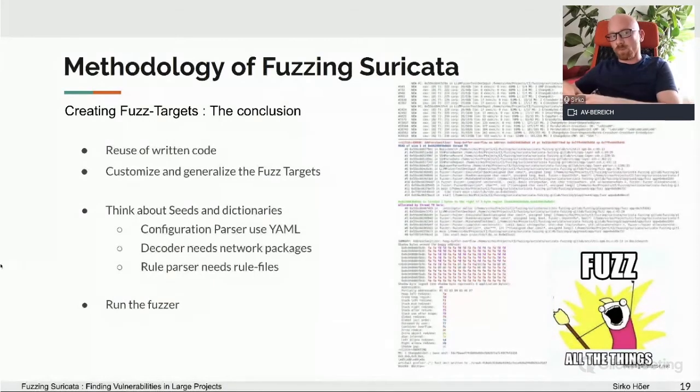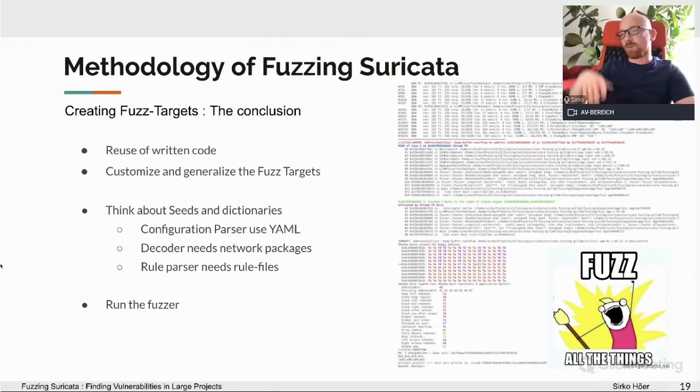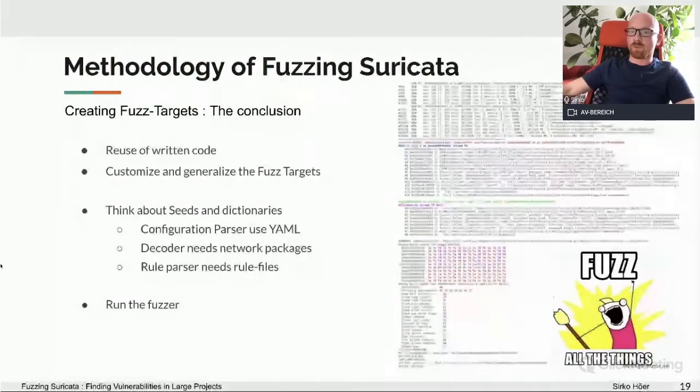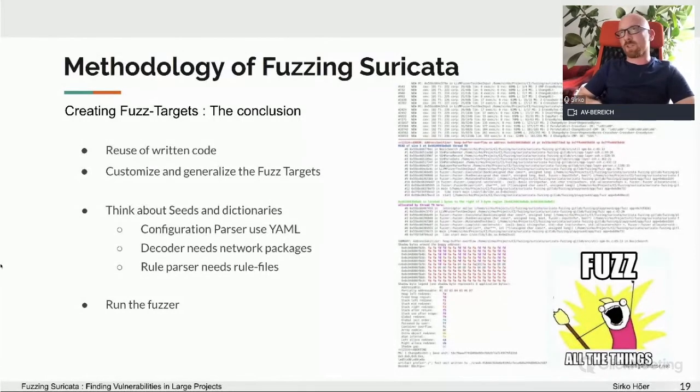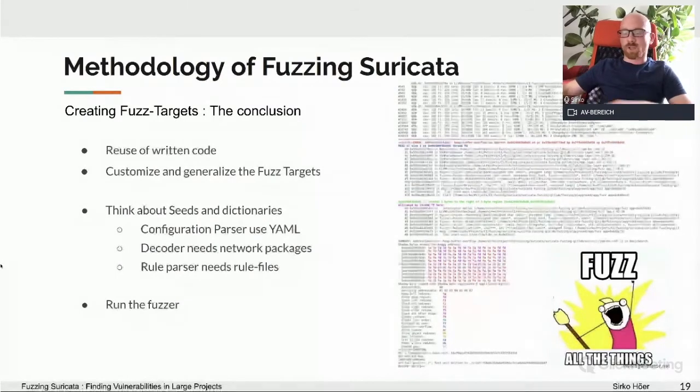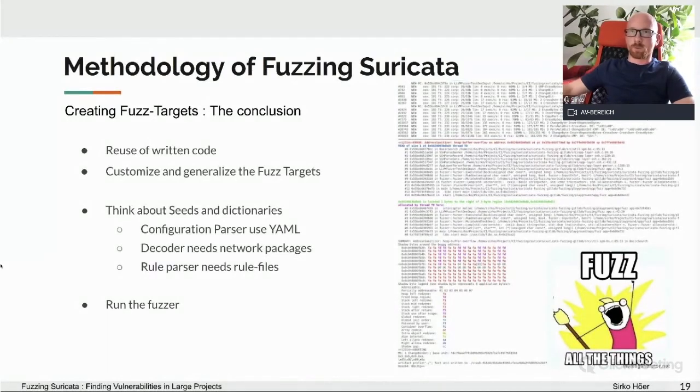The other step: not only the writing of the fuzz target is a problem. You also have to think about the seeds and the dictionaries. For example, if you have a parser, you need a dictionary of which keys and values you expect for the fuzzing process. And it's the same for a network parser. I generated a dictionary of known values for network protocols, and I used some seeds that I dumped with tcpdump, for example,